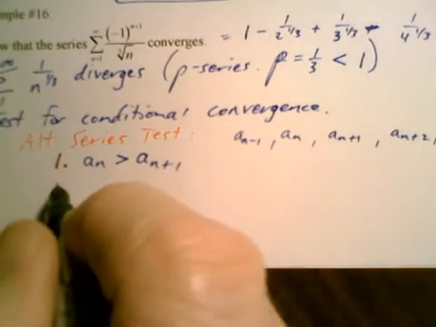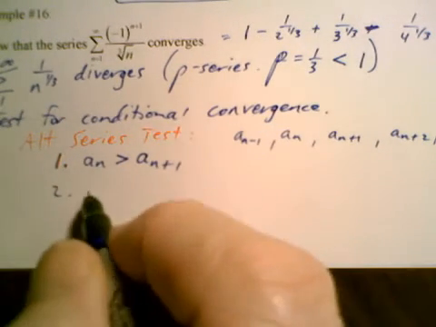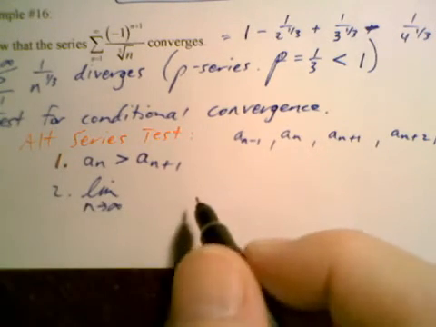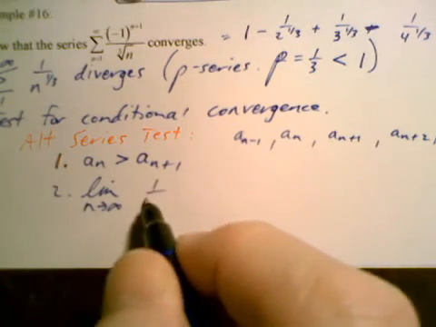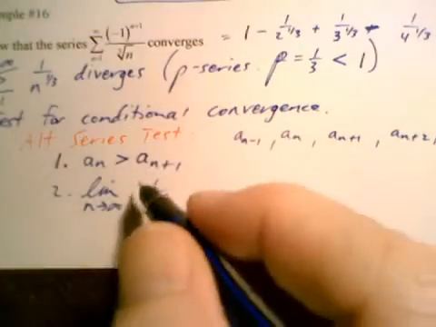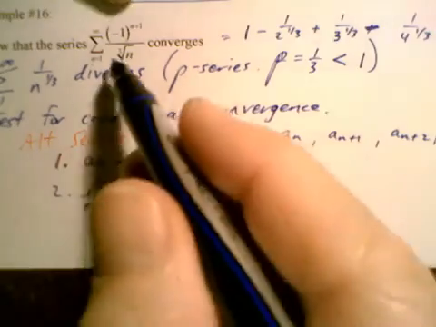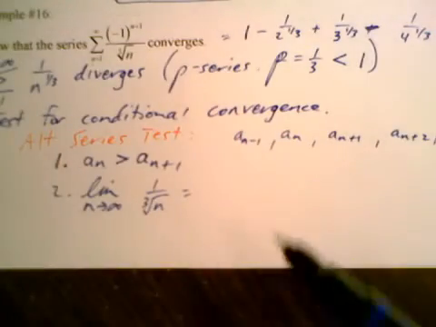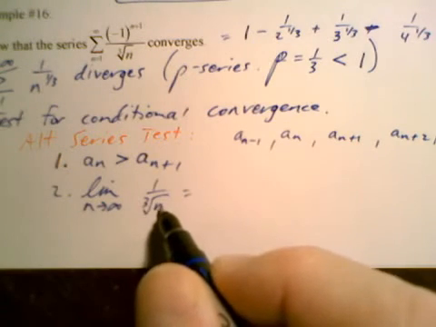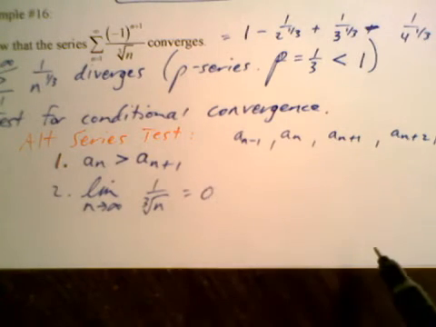Okay, and then for the second part, what's the limit of the nth term? Well, the limit as n approaches infinity of the nth term, which would be 1 over the cube root of n, we don't worry about the negative part, just the absolute value of this one. a sub n is the part that doesn't have that minus 1 to the n plus 1 part. Okay, so as n gets bigger and bigger, this limit is 0.